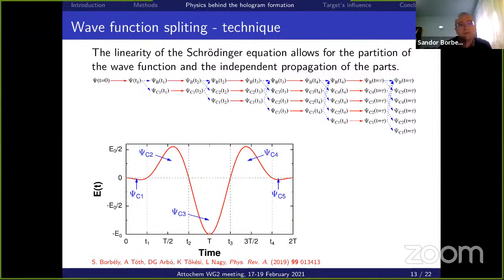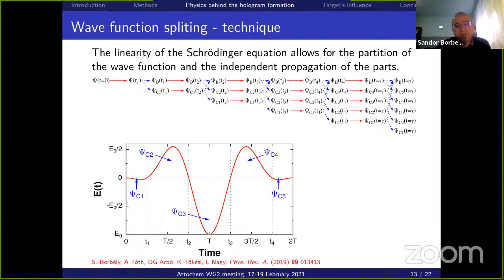So basically, this C1 wave function contains the continuum electron wave packet created during this first peak of our driving field. Now, after we had done this wave function splitting, we propagated these 2 wave packets separately, the bound wave packet and also the C1 wave packet, until the next checkpoint. And at this checkpoint also, we have split each of our wave packets into 2 parts, the bound part and the continuum part. So basically, when we split the C1 wave packet at the T2 time moment, we obtained some bound